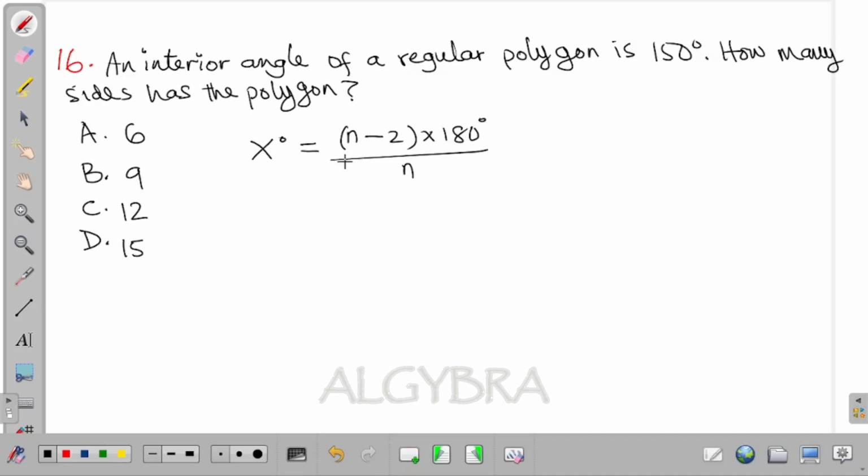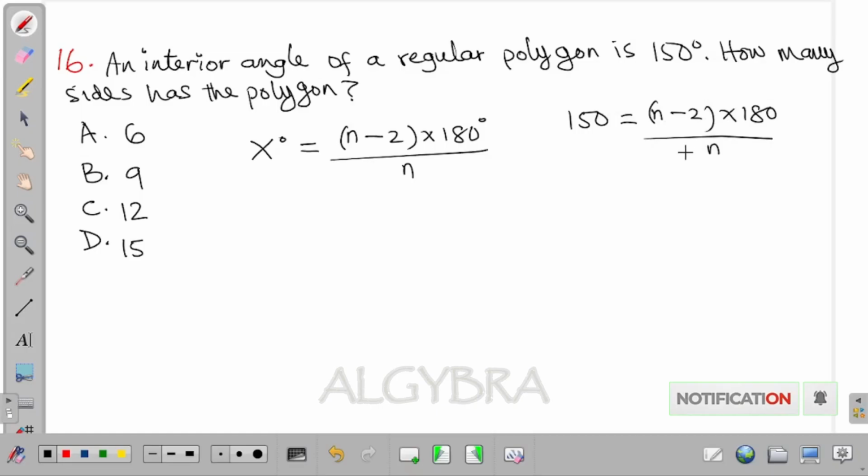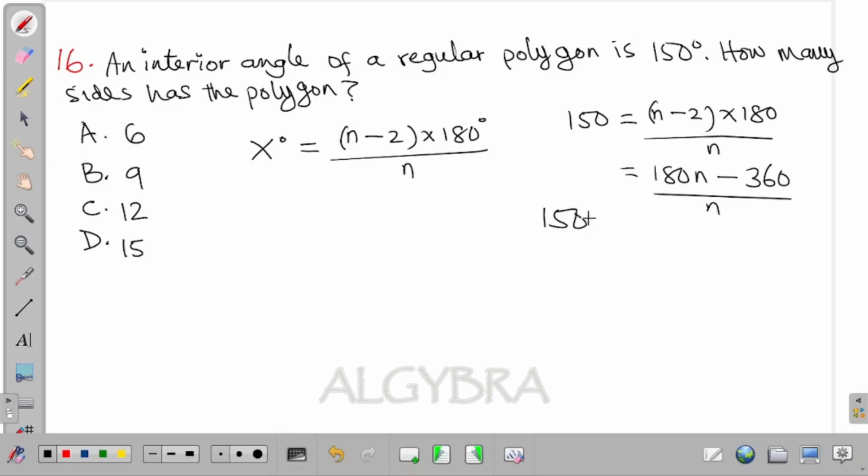So in this case, we have that x is equal to 150. So we have that 150 is equal to (n minus 2) multiplied by 180, all over n. Okay, if I expand the numerator, I'm going to have 180 times n, which is 180n, then minus 2 times 180, which is 360, all over n. If I take this n to the left hand side, I'm going to have that 150n is equal to 180n